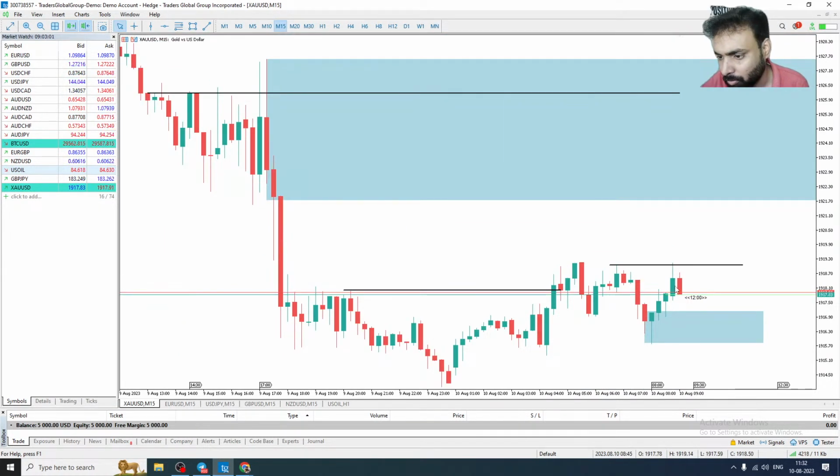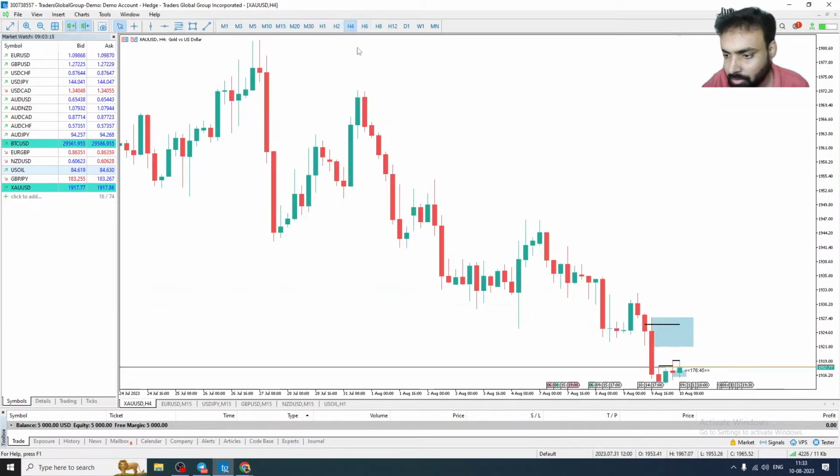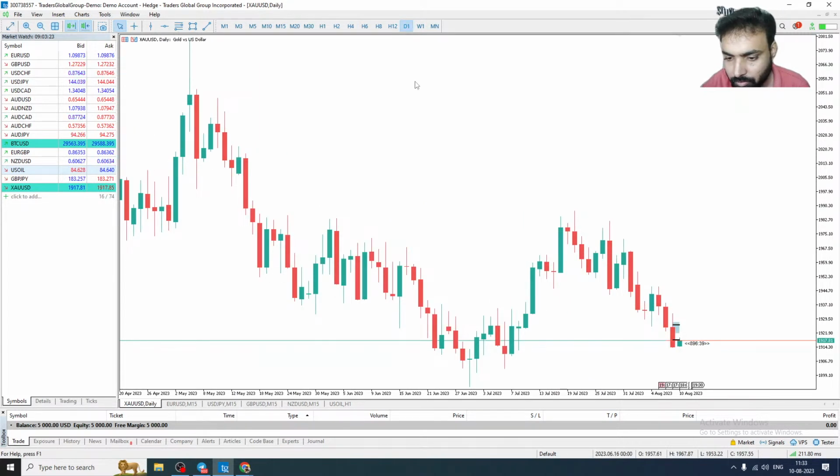Gold, there is no such movement. Gold is trying, but it is not breaking the structure. It is trying to go down. It just took the money from the top and it is pushing down. Do we have any level in the gold before? I think we have a level here.